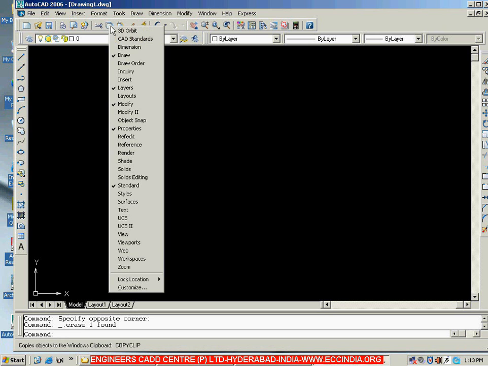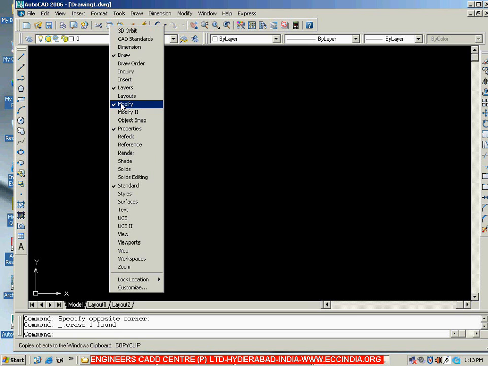If you right click, then it is going to give you the complete list of the toolbars whatever we have in AutoCAD. Now this is the list, and from this list you can choose whatever toolbar you want. For example, if you see here, it is going to give a tick mark for the existing toolbars. Right now on the screen we have draw, so we got a tick mark. We have layers, we have modify, we have properties, and even we have standard. So for those it is going to give a tick mark.